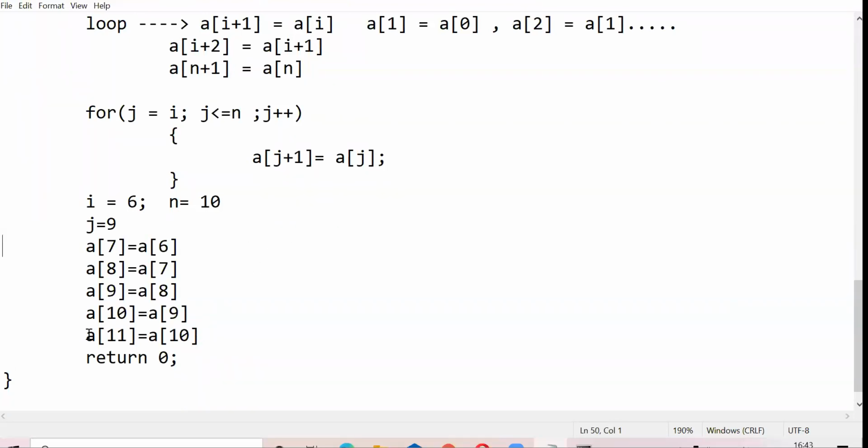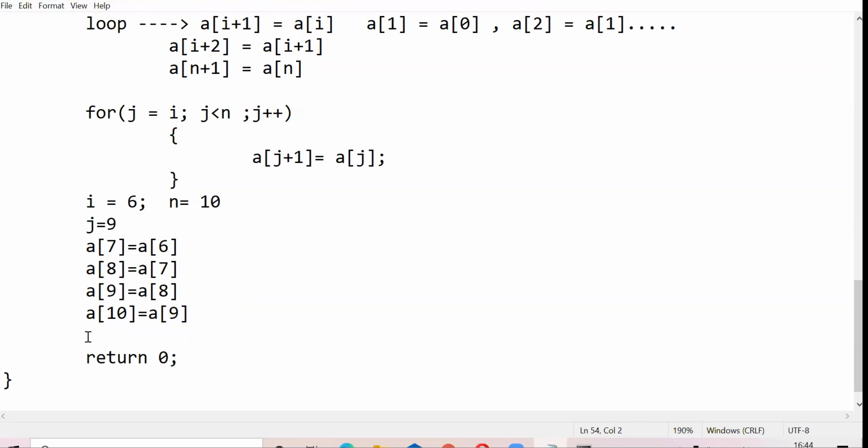There is one small problem: since we had 10 elements, our last step should stop at A of 10 equals to A of 9, isn't it? So I can just have a less than statement here.